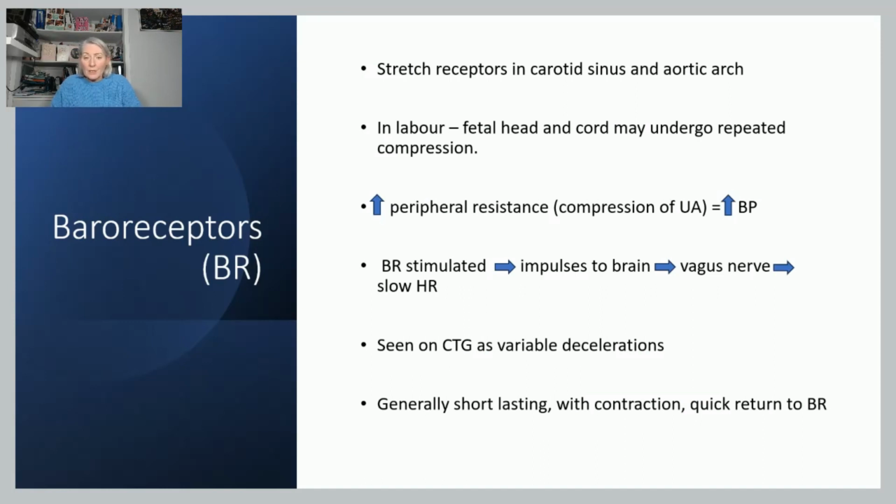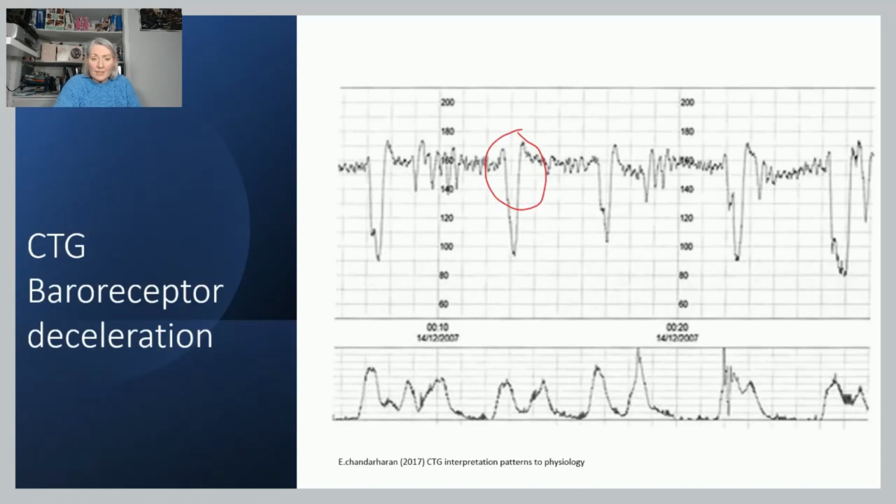So the baroreceptors are stimulated. They send impulses to the brain, which then send impulses to the vagus nerve, and that slows the heart rate. So that will be seen on your CTG as a variable deceleration. Generally, they're short-lasting with a contraction and a pretty quick return to baseline. And if we look at this picture here, you can see these, although these are quite deep, they are actually quite short and they do return. And if you were to cover all of those decelerations up, the baseline remains fairly stable, and as does the